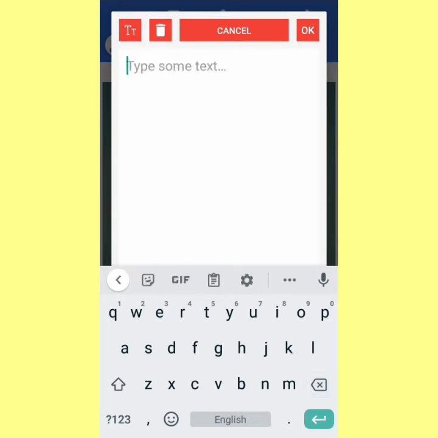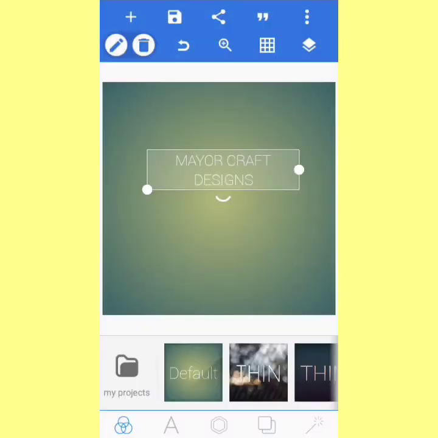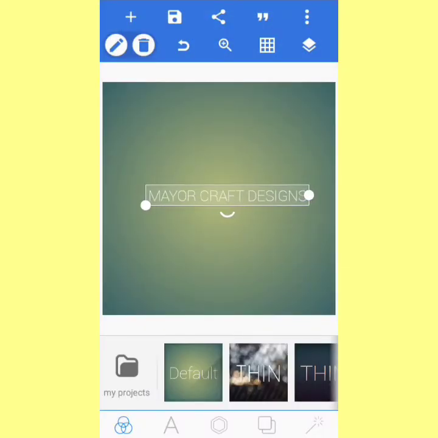So let us go with Mayor Craft Designs. Right, so that's how to change it to any sentence or word or anything you want. Now we can edit this by just clicking on the tab you're seeing here,